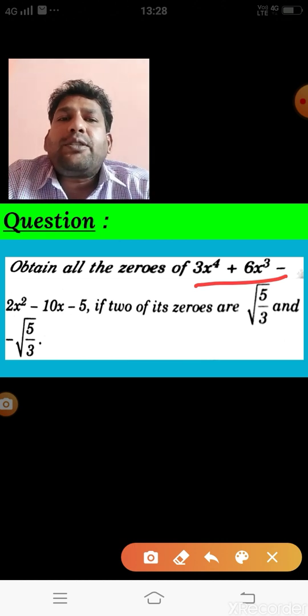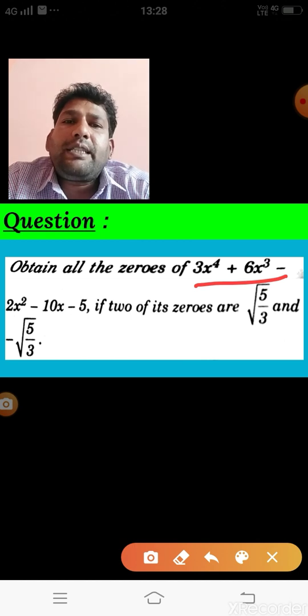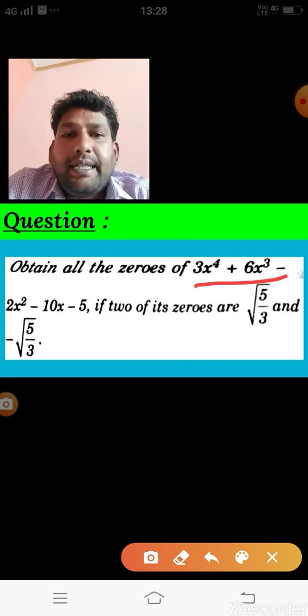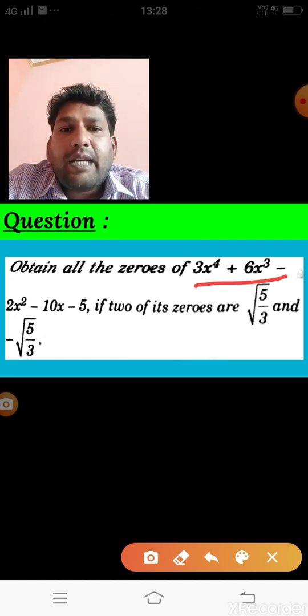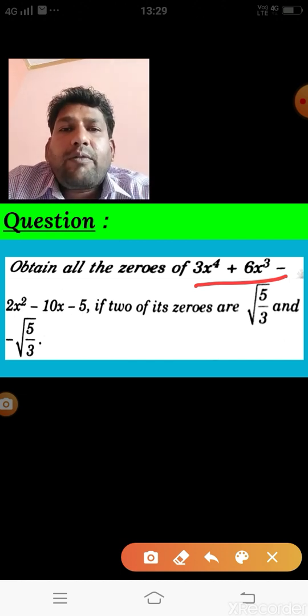If we have to find the zeros, we equate the factor to 0. We take that value equal to 0, and then we get the zeros of the polynomial. We are able to make the factors. If the polynomial is of degree 2, 3, or 4, we can make its factors, and directly we can also get the zeros of the polynomial. In class 10th, we have gone through this concept.